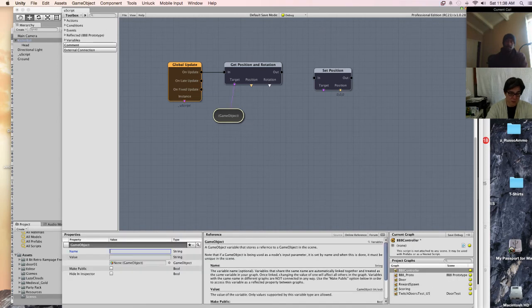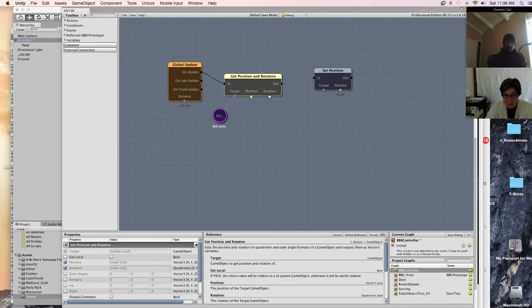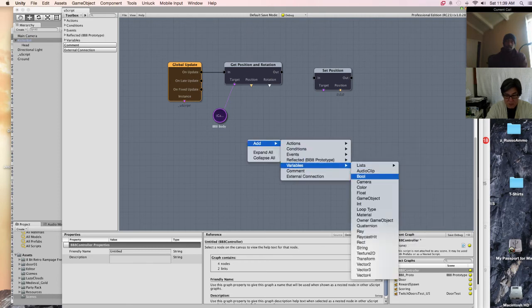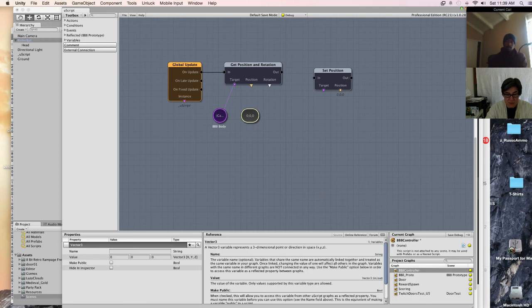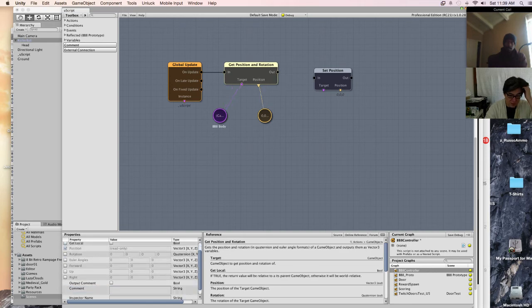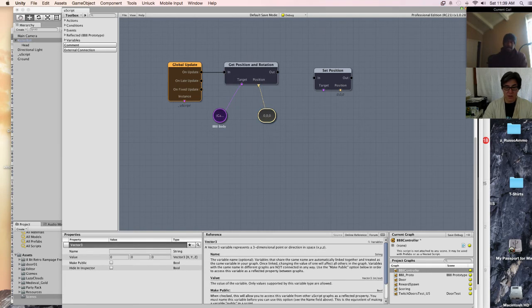Drop this game object in. Let's just call this BB-8 body. Let's expose this to Unity. I will define it in a second. Then it will output this position, right? As a yellow, which is a vector 3, and variable vector 3. So this is its XYZ position, right? We don't care about the rotation, so I'm going to ditch this. Okay. Can you dig it? All right. Dig it. So here's his position.